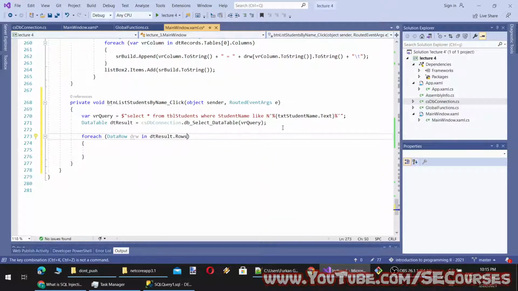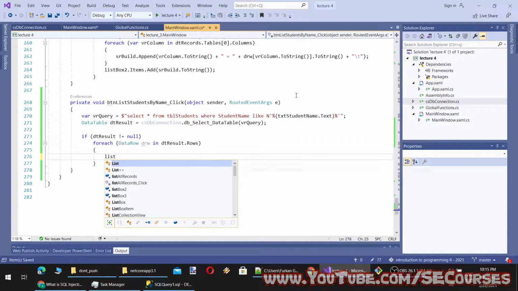By the way, if your query has a syntax error, this would be null, therefore you will get an error, and to prevent it, if not equal to null, you can add some precaution like this.